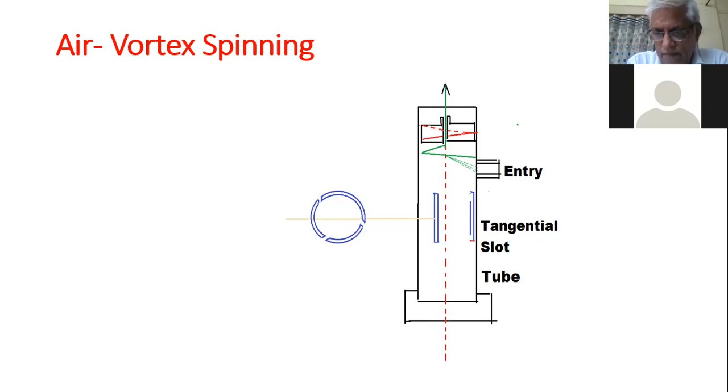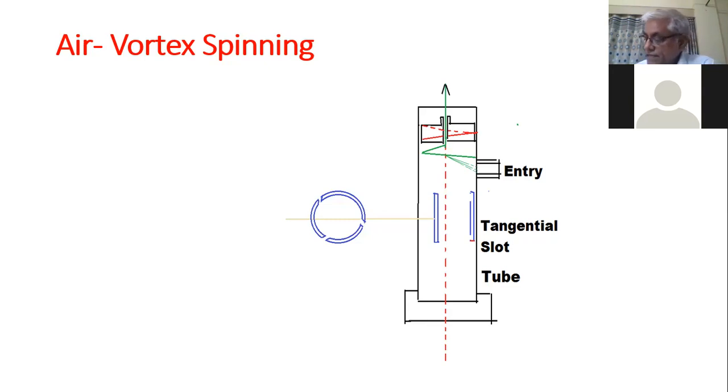And at the same time, the material is also entering from right hand side. So fibers are also affected by the vortex. Due to rotation of the yarn end, all the fibers are also associated with this yarn and going in upward direction.